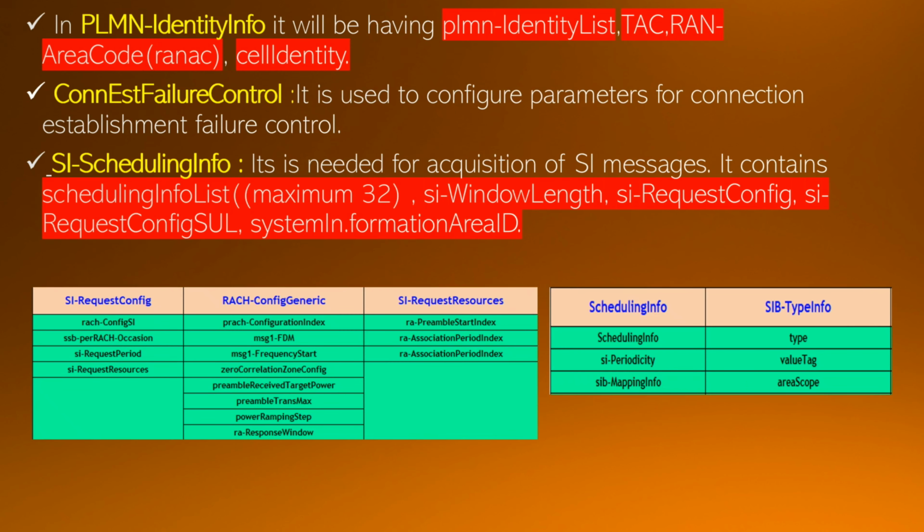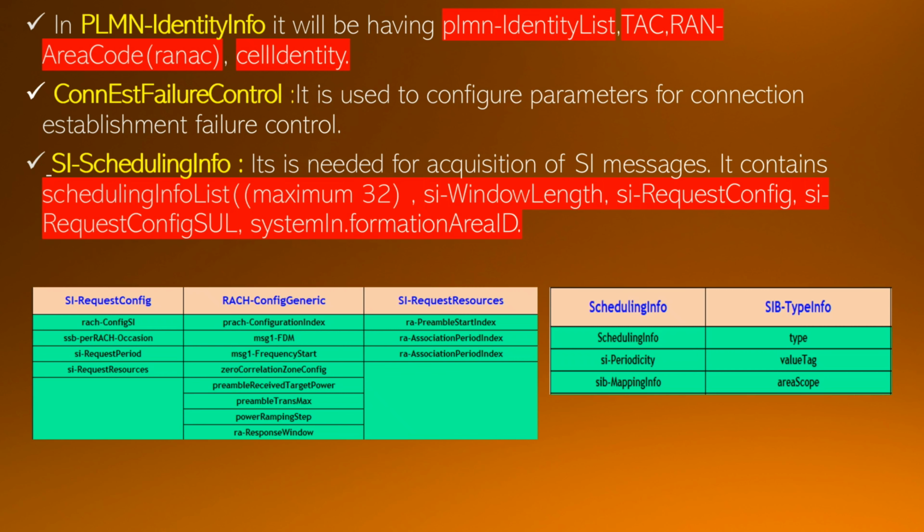PLMN identity info will have the PLMN identity list, tracking area code, RAN area code, that is RANAC, and the cell identity. The PLMN identity list indicates the PLMN identity, which is defined like MCC and MNC.